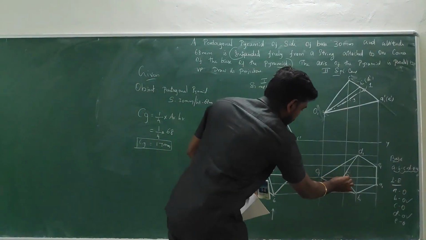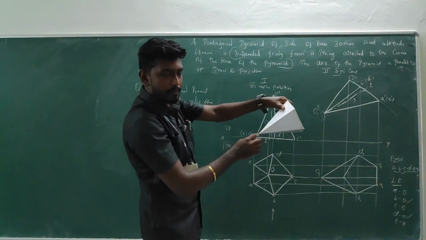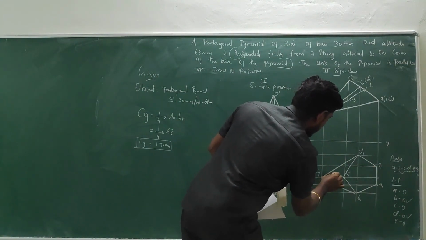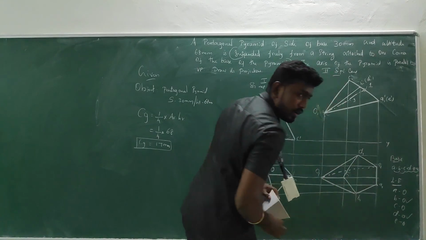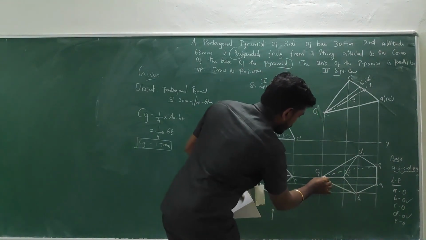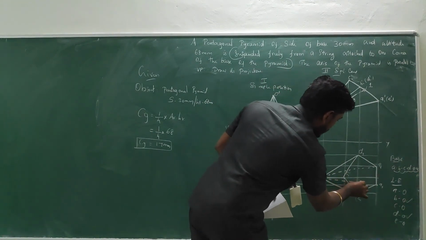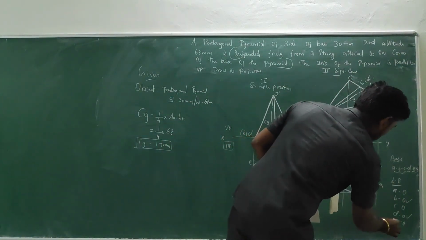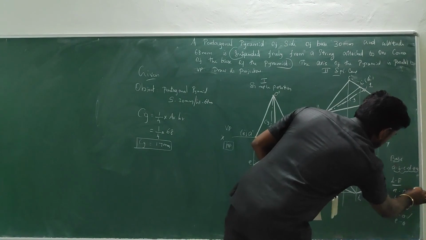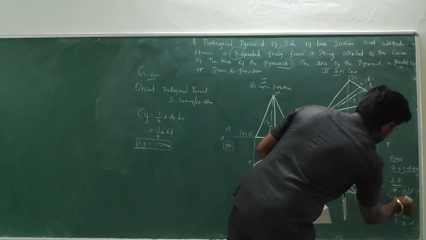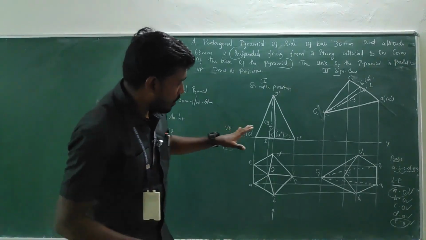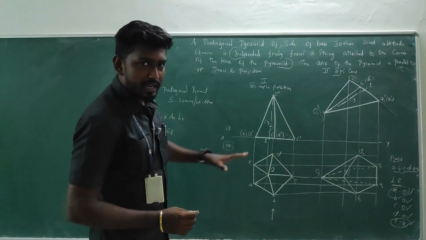So I am going to make the C2O as a visible one, E2O is a invisible one, okay, and A2O it's a invisible one. Okay, so O to A, O to C we have done. These two are invisible one. Fine. Okay, so we have completed all the visible and invisible edges.